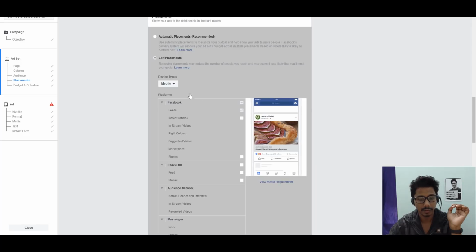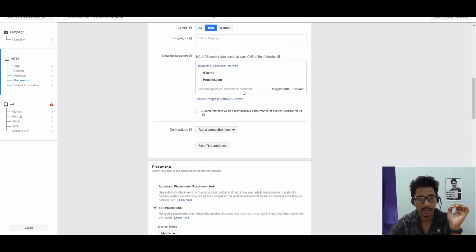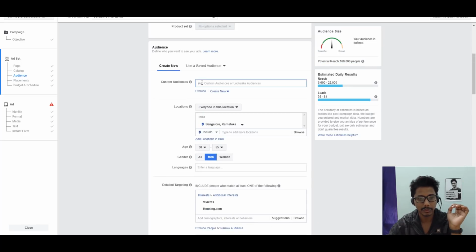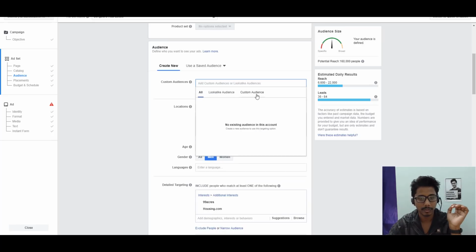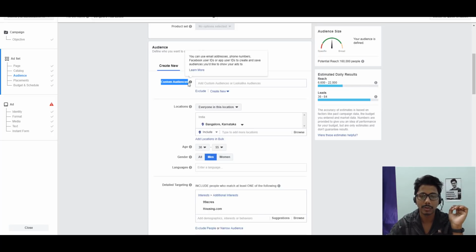Okay, even if you provide all the details of your targeting, we still go ahead and choose the custom audience. Okay, so as of now this is my new ad account. You won't see any custom audience. So here you can choose the custom audience based on the ones you have configured. So check the custom audience videos also to know what exactly custom audience is all about. Okay,